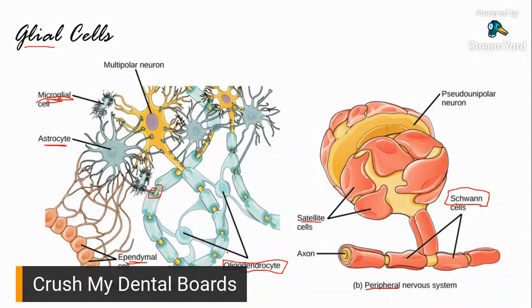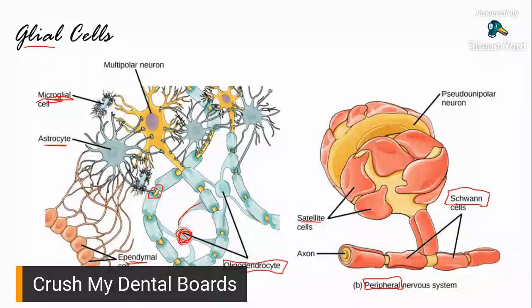The oligodendrocyte is the one responsible for making your myelin sheath in your central nervous system, while your Schwann cells are the ones responsible for producing your myelin sheath in your peripheral nervous system. Okay? Ano pong pinagkaiba nilang dalawa? As you can see in the picture, this is the main cell body of your oligodendrocyte. So its main cell body is actually not on the axon. It has a main cell body and then it has extensions.